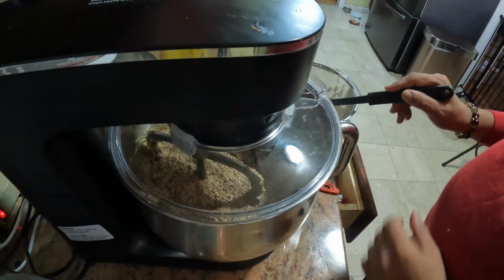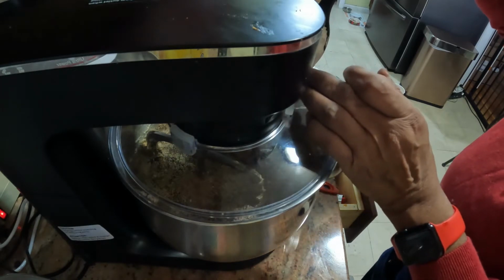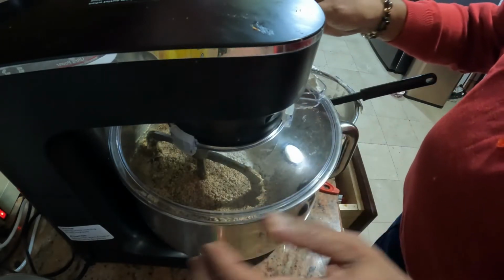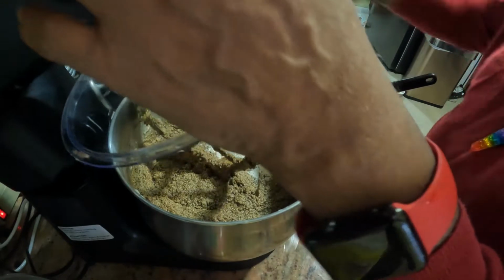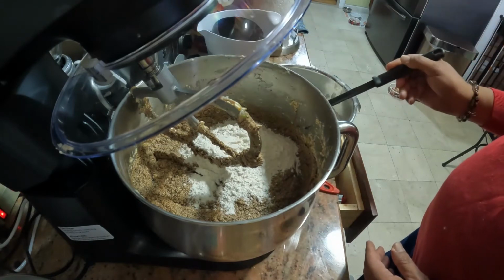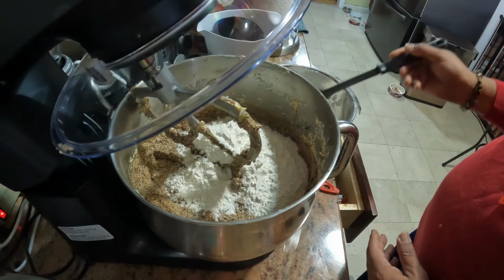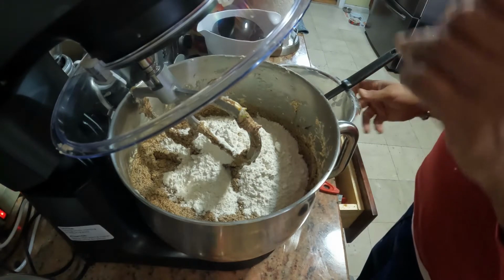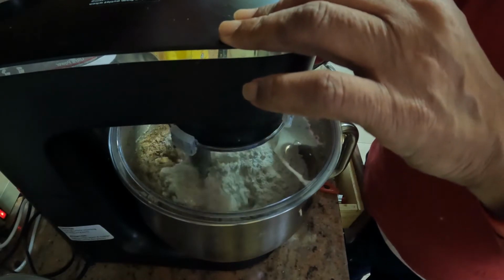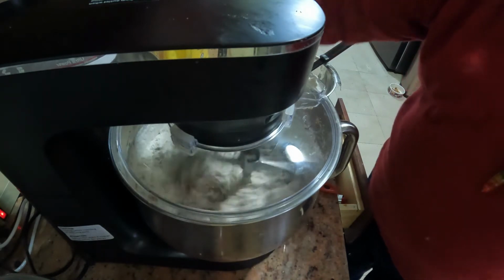So at this point, we're going to start adding the dry ingredients, the flour. If I can pass it through here, or I'd have to open it, which would be easier. Get a lift. And I also added my caramel, my dark caramel. So you see the color is changing. I'm going to add this flour. I'll add a third at a time. Work it in, get it to work in with the butter and the sugar. When I get this worked in really well,